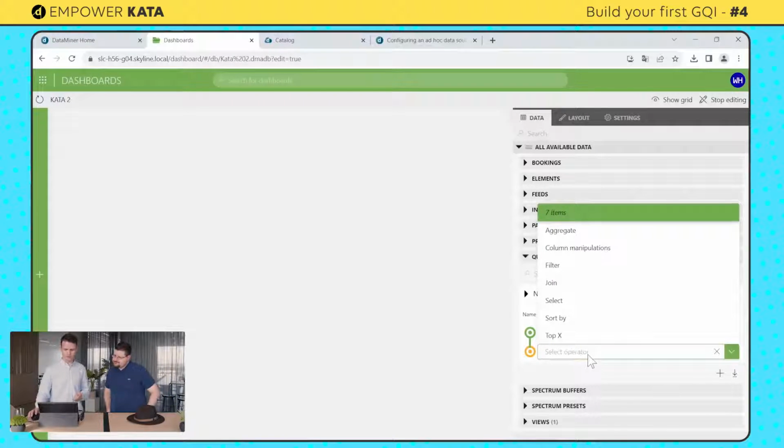If I select operator, you will see a list of all the different operators that come with GQI. Think about aggregations, if you would like to calculate the maximum, minimum, average, and so on. You can filter data. You can even join data with other data sources. You can select, sort, and get top values. So that's basically GQI: you build your query to tell GQI what you want to fetch. So you're using a UI-based approach to create a query that will then request whatever data you want from your digital environment.